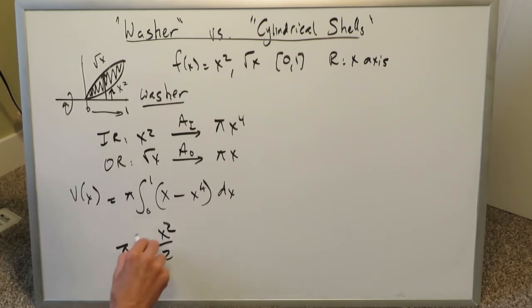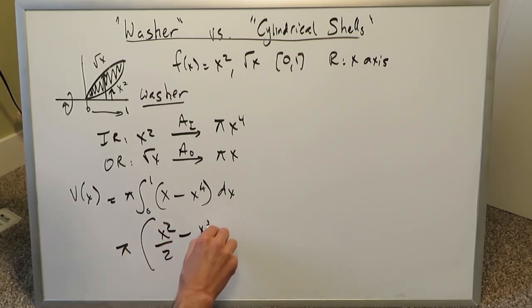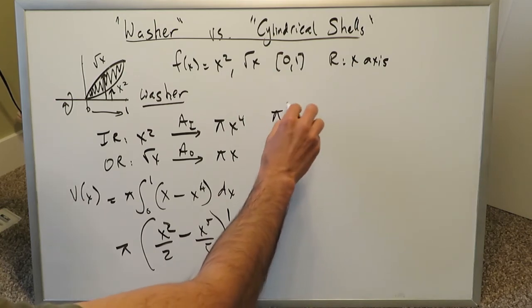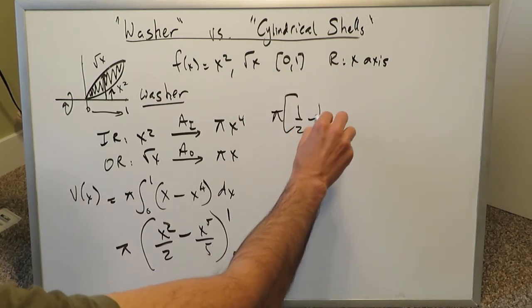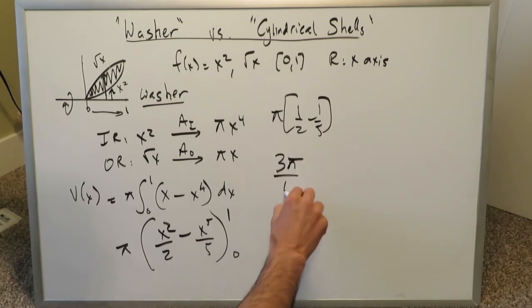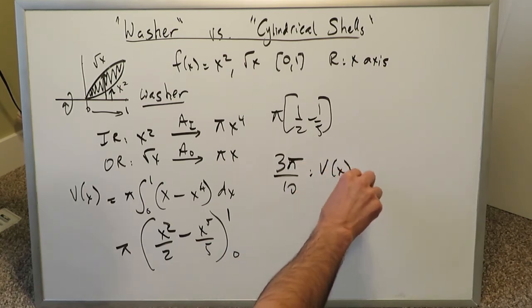We have a pi sitting out. X to the 4 becomes x to the 5 over 5 using the template technique for polynomials: x to the n plus 1 divided by n plus 1. From 1 to 0, the 0 is meaningless. You essentially have for your volume 1 over 2 minus 1 over 5. You can easily calculate this, and you'll end up getting 3 pi over 10 as the volume of this rotational